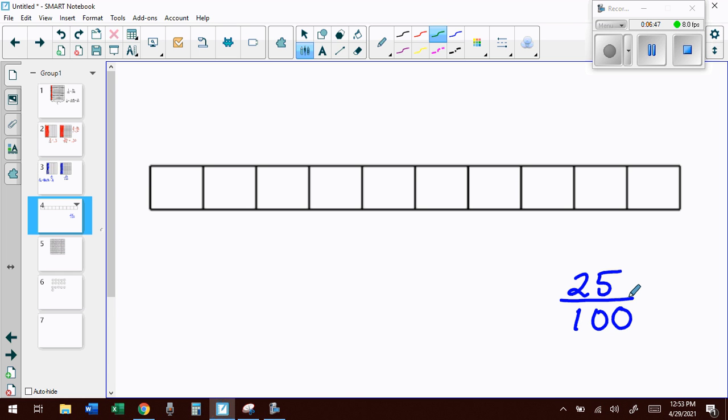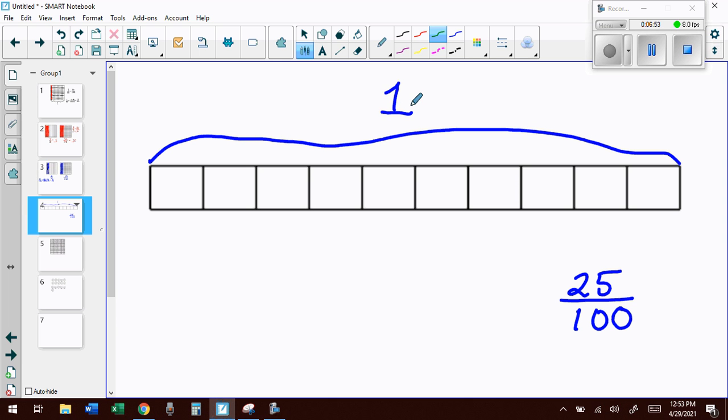Now, just like we did yesterday, we have a total of 1. It's one whole piece, and it's partitioned into 10. 1, 2, 3, 4, 5, 6, 7, 8, 9, 10. So if we look at 25 100ths,